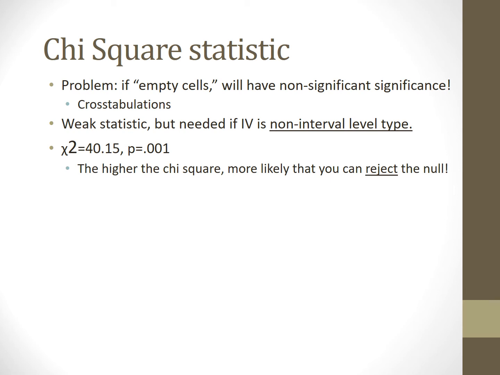So maybe you had better rethink your categories, or maybe combine categories so that you have people in all the cells, counts within all the cells, or you get non-significant significance. Why you would use chi-square, because it's not the favorite by any means, is if your